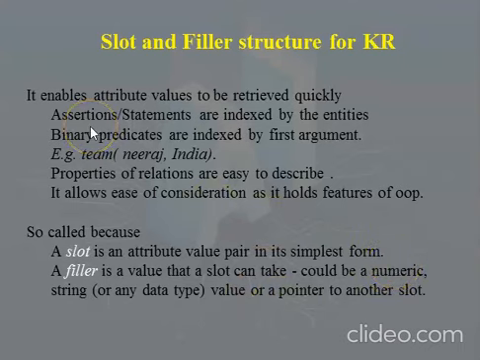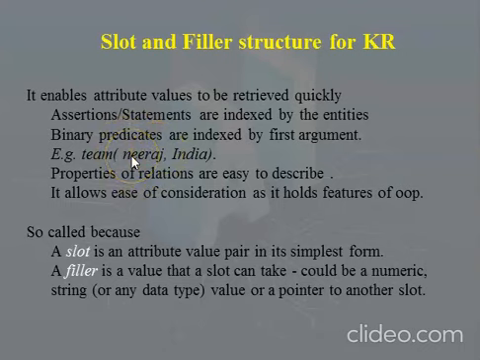So the statements are indexed by the entities, and the binary predicates, the predicates which are used with two arguments, are indexed by the first argument. Suppose this is an example: team(Neeraj, India). This is a binary predicate because team has two arguments, Neeraj who belongs to the Indian team. So for faster retrieval, such entities or objects will be arranged or indexed based on the first